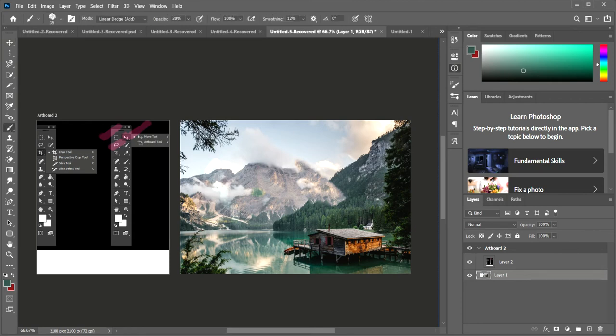Like, I want to colorize this color only. See, I am brushing here. I can change the color of this, or I want to drag a new color, I can use it.